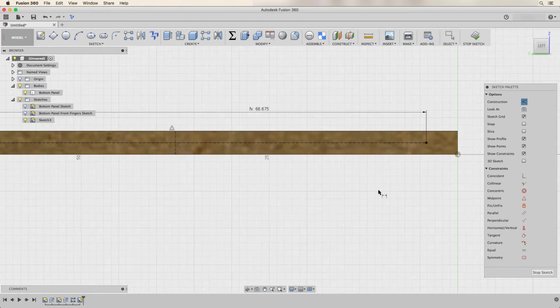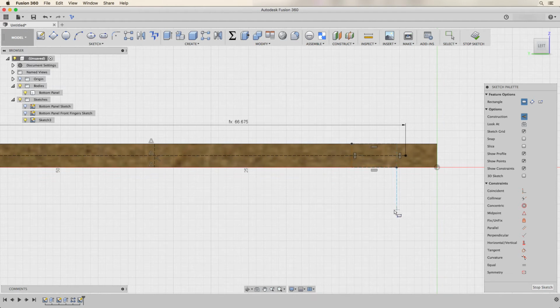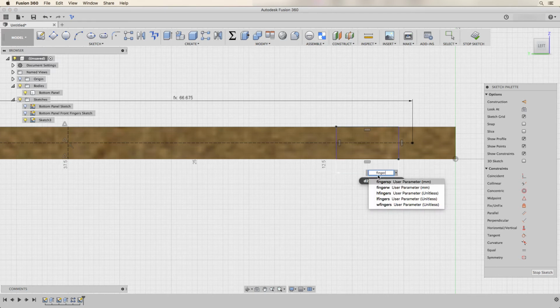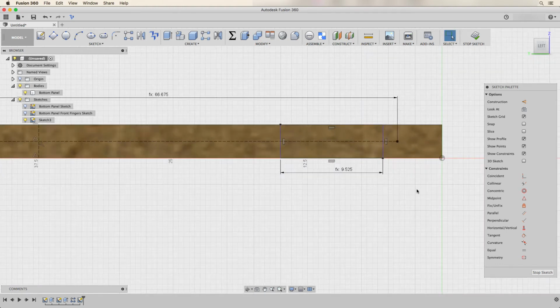Then we can create a rectangle, constrain to the two edges, and I forgot to turn off construction lines, so let me turn off the construction lines and draw the rectangle again. I will then press D, add a dimension constraint to make that rectangle the width of my fingers, and